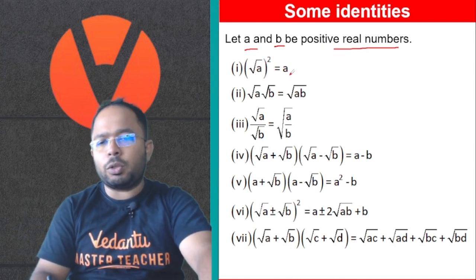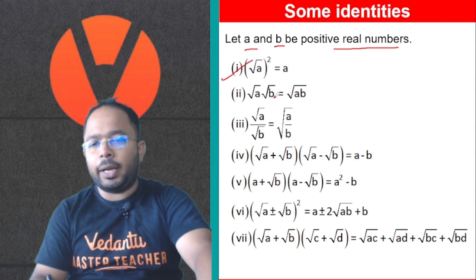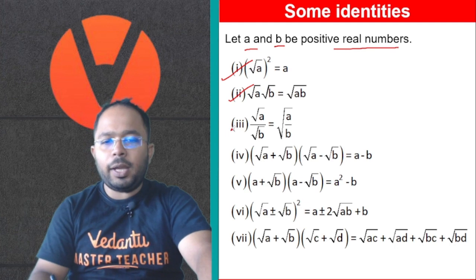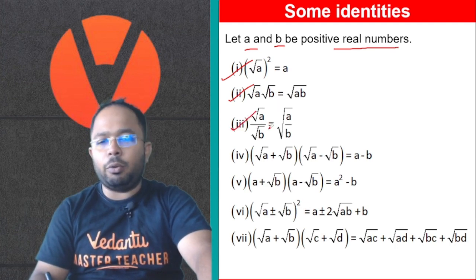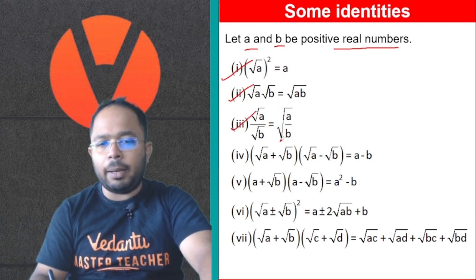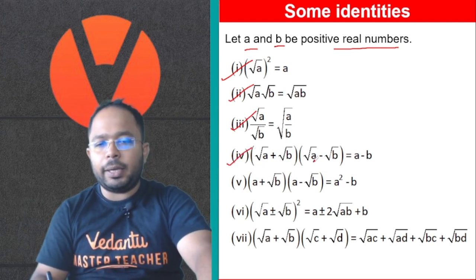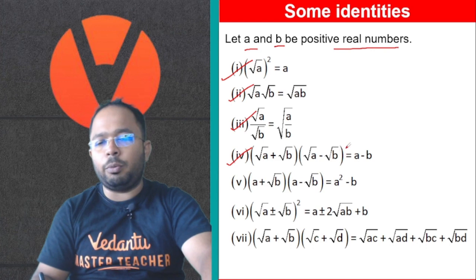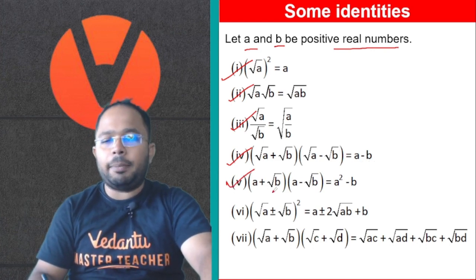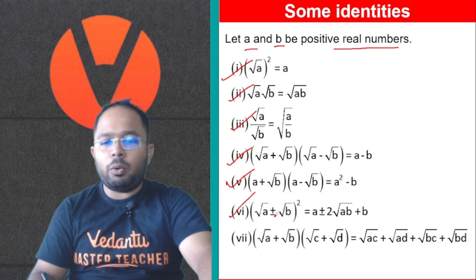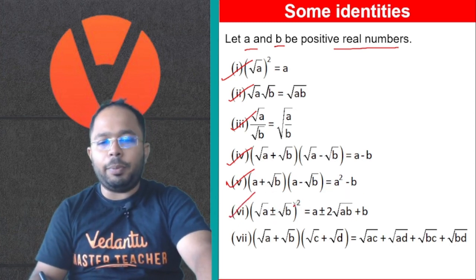सो इनके कुछ आइडेंटिटीज हैं, जैसे (√a)² करेंगे तो a आएगा, √a × √b = √(ab)। ओके, इस तरह से √a / √b = √(a/b) लिख सकते हैं। इसी तरह से आइडेंटिटीज (√a + √b)(√a − √b), ये देगा a − b। ठीक है, उसी तरह से (a + √b)(a − √b) देगा a² − b। (√a ± √b)² गिव्स यू a + b ± 2√(ab)।